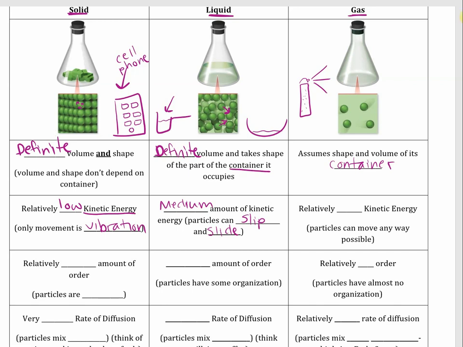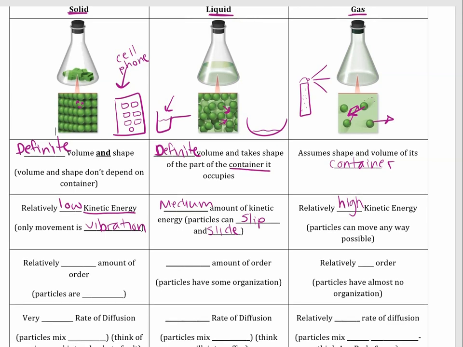And then last we have our gases. These have a pretty high kinetic energy. We're going to spend an entire unit talking about gases and their kinetic energy and how they move. But if you look at your picture up here, you actually have motion lines of your gases traveling because they're moving a lot. These particles are zipping around really, really fast. It's like if you took a toddler and got them hyped up on sugar and then just set them free. These gas particles are racing around the room really quickly and without a whole lot of order,